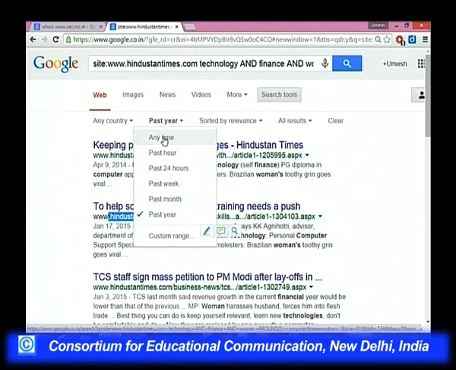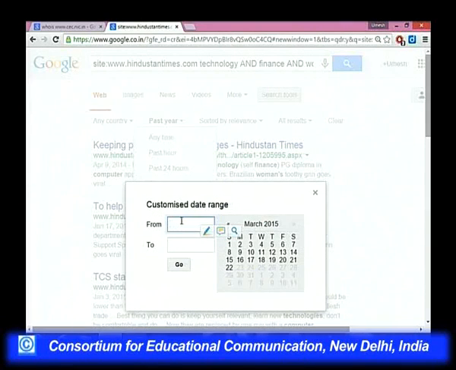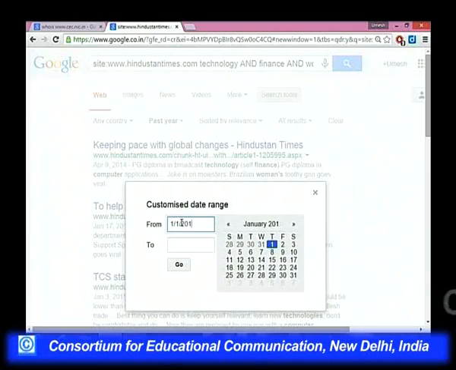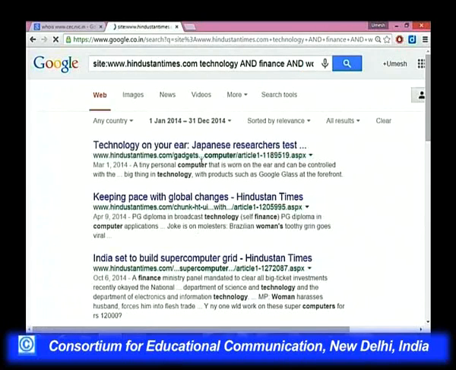The whole of the newspapers database will be searched in the last 1 hour, last 24 hours, past week, past month, etc. And you can decide your custom range also, like if you want to search between two particular time periods, then you can enter the same here, like go, and exactly you will get the result for you.